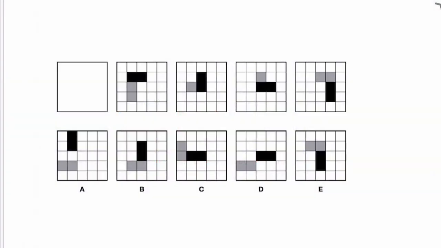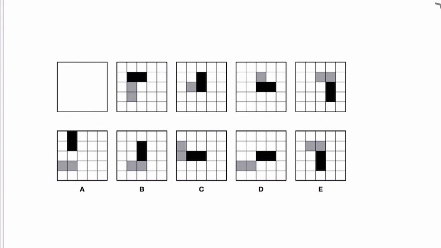Okay, so here's another example where we've got some options at the bottom to choose from in order to identify which is the best fit for the blank space. And so to begin with, we're going to scan across from left to right to see if we can see any obvious patterns that are jumping out at us. If we can't see anything obvious, then we start to focus in on one particular element and watch that element progress across the screen from left to right and see if we can identify what that one particular element might